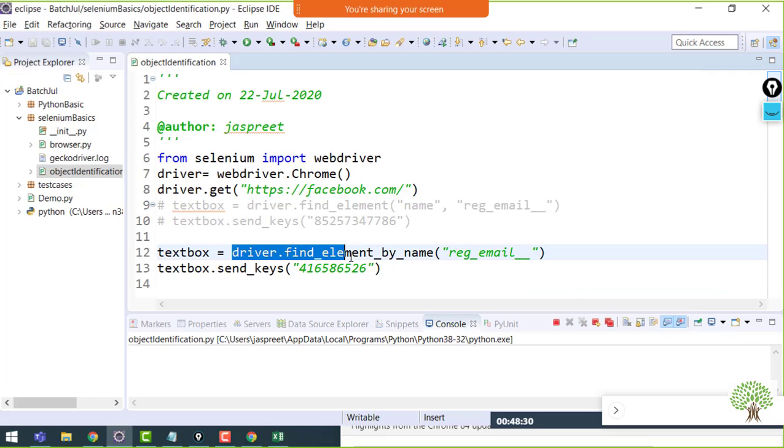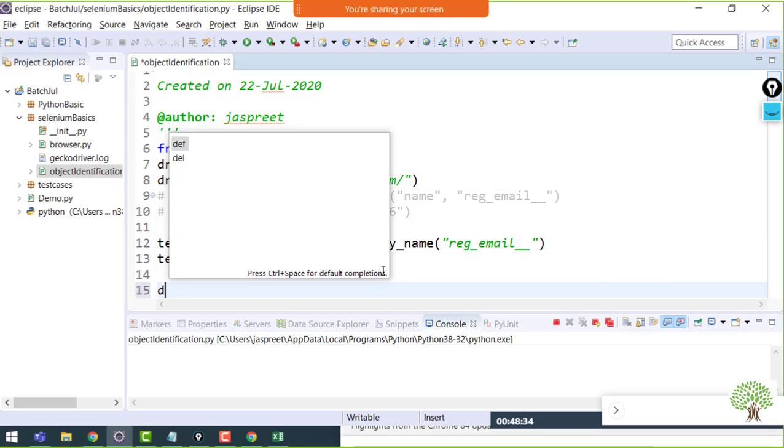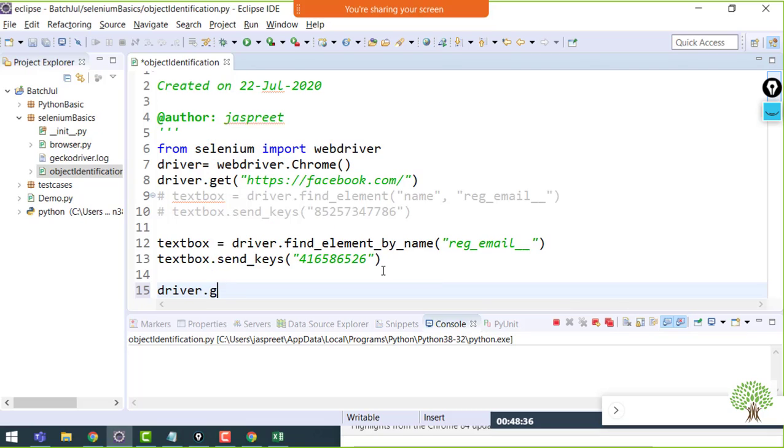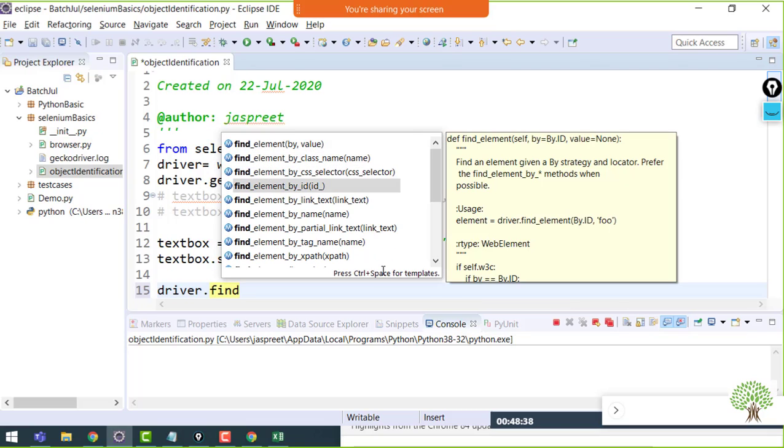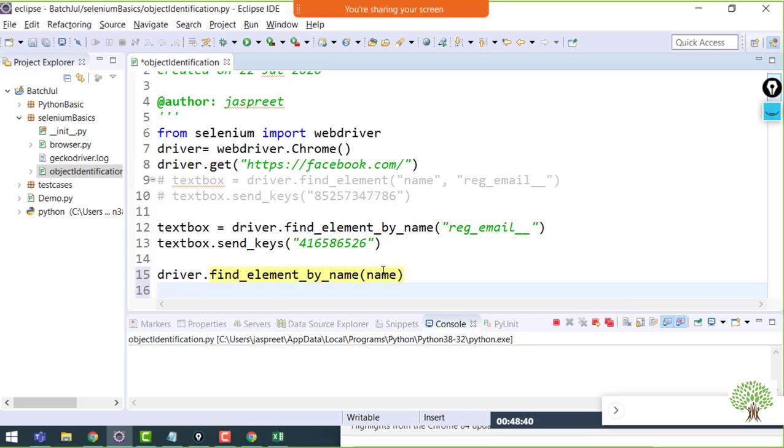And this I can do in a single command. Instead of taking a variable, I can say driver dot find element by name dot send keys, and send any data.